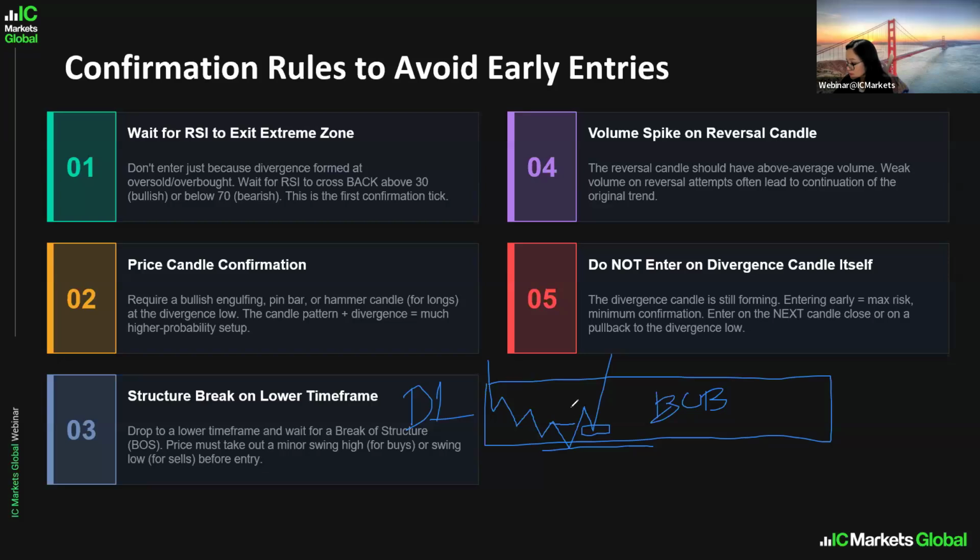Why? Because we already see that this is the change of character that happened in the OB in the daily time frame. Plus, let's say in D1 you see the divergence, here there's a bullish divergence as well, and in M15 price has also made a change of character, you just have the pullback somewhere here and then you buy, and then you target, I think, more than 1 to 10 or 1 to 20, compared to if you were to enter in the D1 time frame. Okay, guys, do you get it?